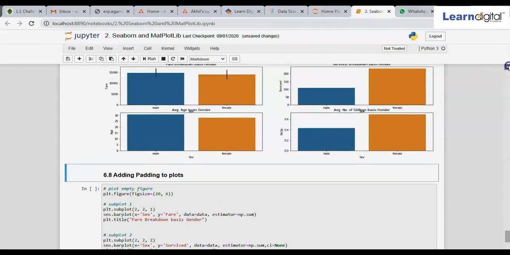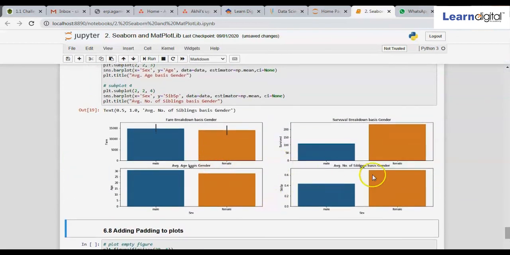So, as you can see, there are 4 graphs here. But you can notice that graphs are getting merged into each other, and I am not able to read clearly. Here you can see that it is getting merged, and here too. For that, Python has given me the padding option. Padding basically gives me the option to define a boundary between 2 graphs so that they don't merge into each other.